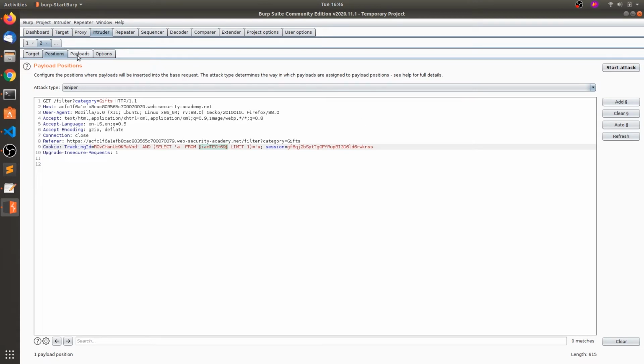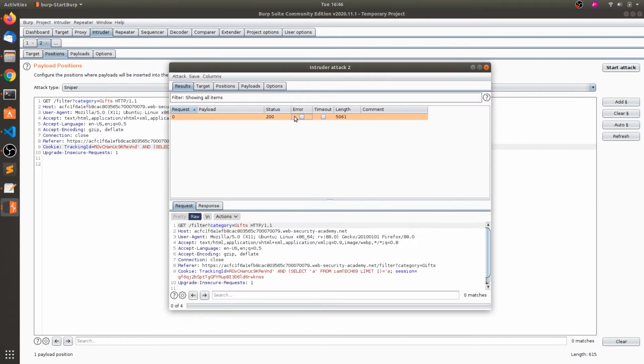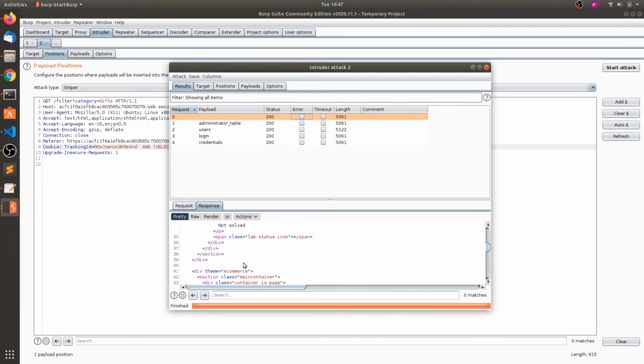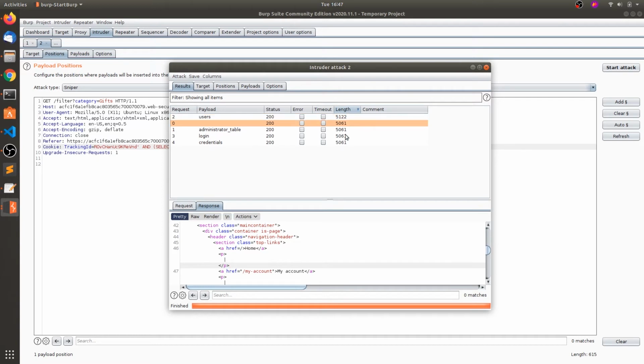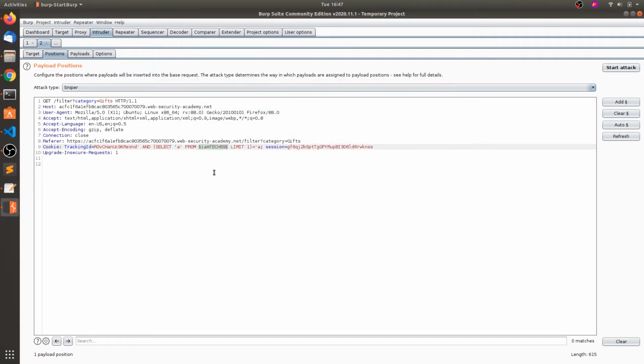Now we have the tables payload here and start attack. So the default response is of 5061 length. So now we can see the response here. There is no welcome back. Now you can sort it according to this length. So you can see 5122. So that means this users table exists. So that's how you brute force these table names.